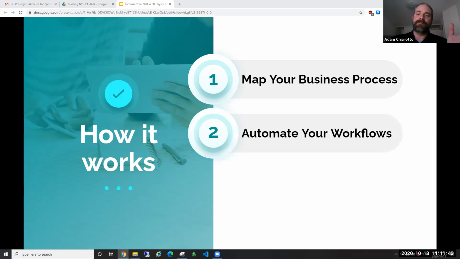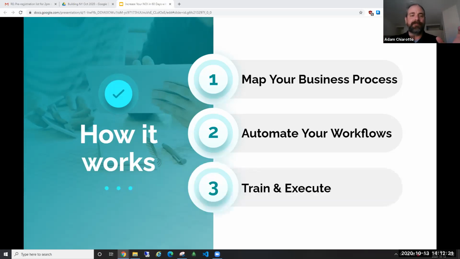The second part of this process is to automate your workflows. Now, when I say automate your workflows, I don't mean that we're going to have a droid or some sort of drone that's going to go in and inspect your units. They're not going to robocall your vendors to make sure everything's all set up. But it's about understanding who's responsible for each part of the process and eliminating any of the possible human factors that could lead to delays or errors in that process. So when I talk about automating your processes, I'm really talking about eliminating human error from the process.